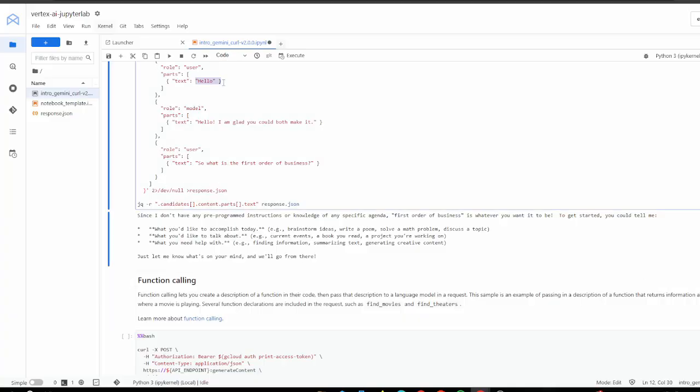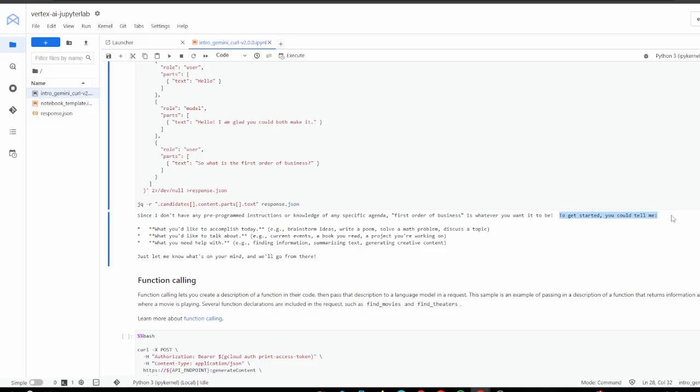First we have a conversation already done, which is hello, and the model has already responded to it, hello, I'm glad you could both make it, which is weird, why it's saying both, but let's see. Alright, since I don't have any pre-programmed instructions or knowledge of any specific agenda, the first order of business is whatever you